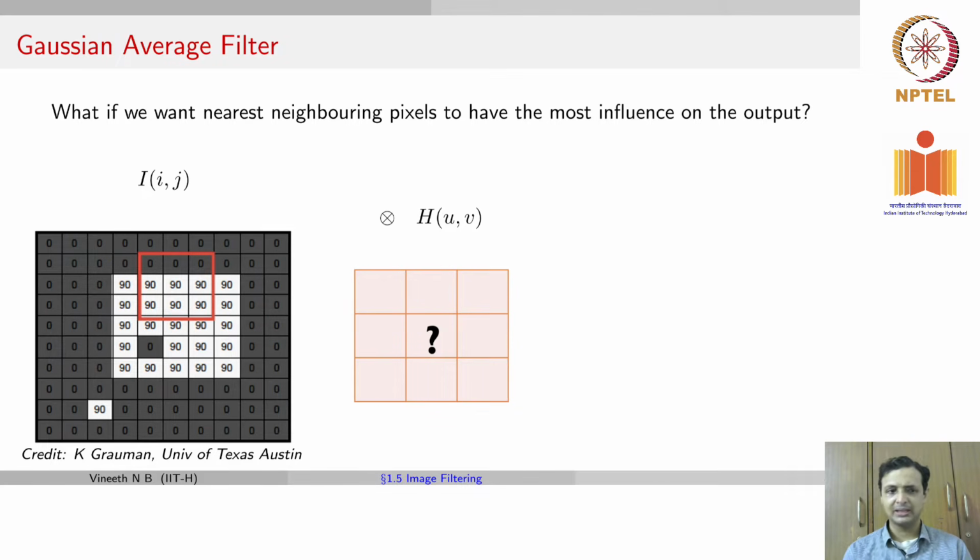Okay, now let's try to complicate this a bit and say we don't want a box filter. We want to take an average, but we want to take an average in such a way that the middlemost element should have the highest influence on the output. One neighbor away should have the next level of influence. 2 neighbors away should have a lower level of influence, and so on and so forth, depending on the size of your filter. Remember, you could do an average not just with a 3 cross 3 neighborhood, you could do it with a 5 cross 5 neighborhood, 7 cross 7 neighborhood, and that is something that you have to define when you perform the operation.